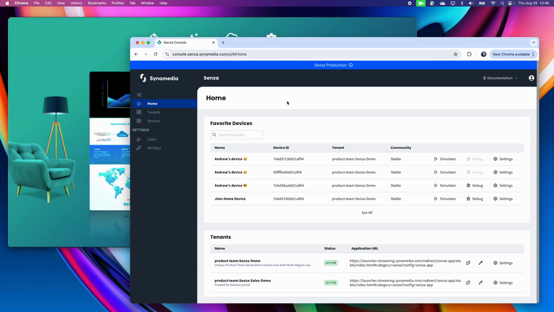So if you go to the Senza console homepage, if you've got one of your favorite devices plugged in and turned on and it's in the browser mode, not streaming video, you'll see that this little debug button is lit up, and I'm going to go ahead and click that. What that's going to do is open Chrome's Remote Debugger, and if you just click on the link here,